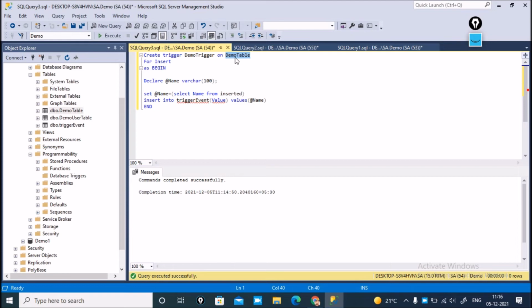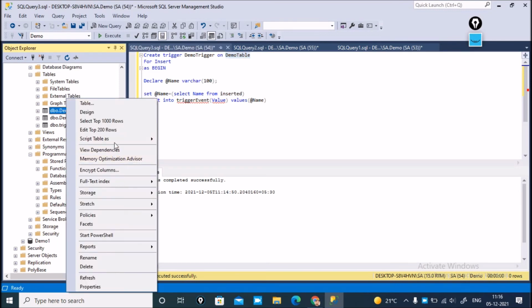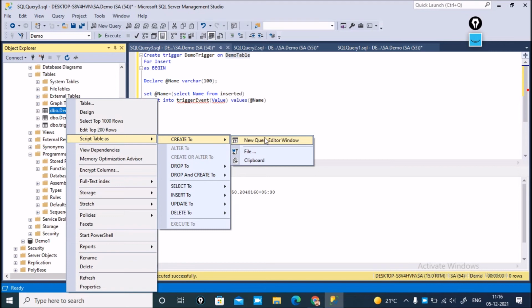So here it executes 2 times, showing 2 times. And again, suppose I want to select this table again, like that.